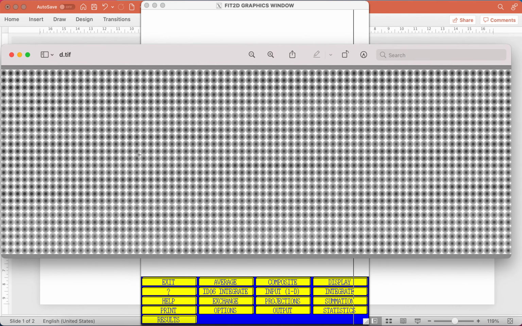To be able to identify which diffraction pattern is which, or to link the file number to the diffraction pattern, we usually copy this diffraction pattern into PowerPoint. Here we have it in PowerPoint. Then we go to Excel, and then we select a blank workbook. Then we need to construct